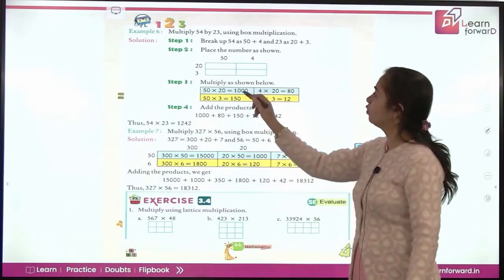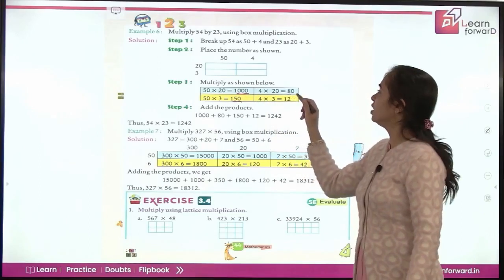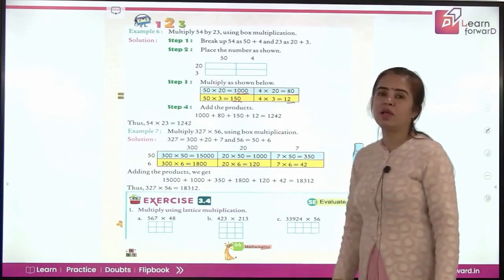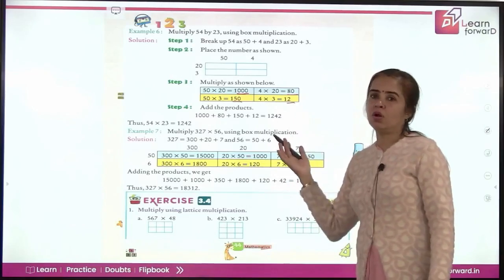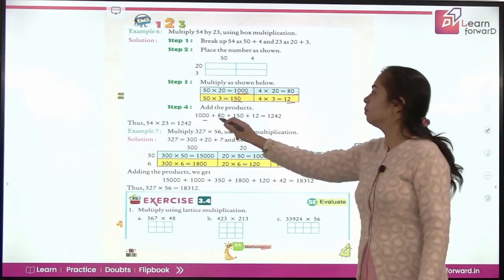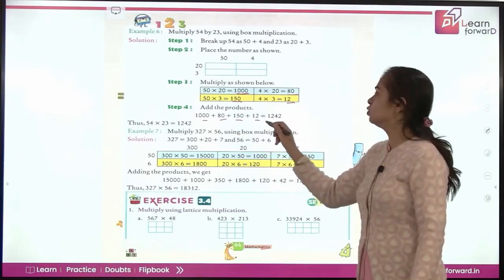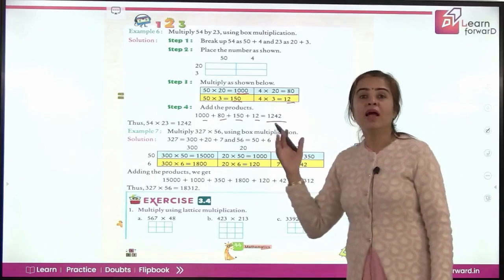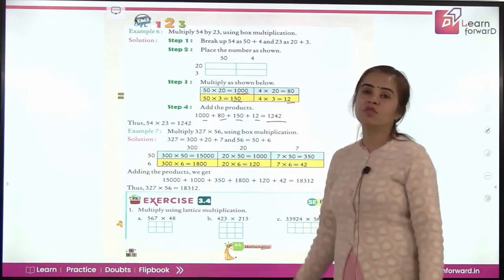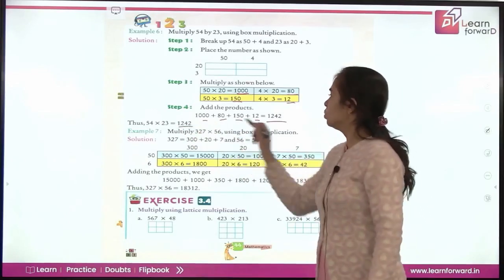Now, you have got 4 products here, children: 1000, 150, 80 and 12. You will add them all. So, what you get when you add all these 4 numbers, 1000 plus 80 plus 150 plus 12. This gives you 1242 and this is your product of 54 and 23. So, 54 times 23 is equal to